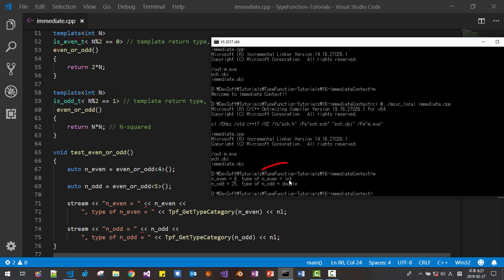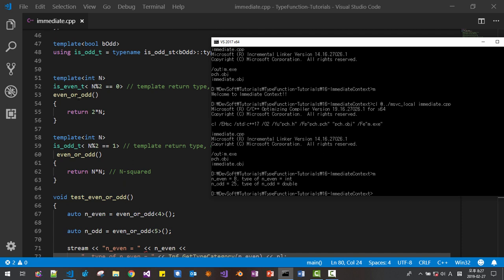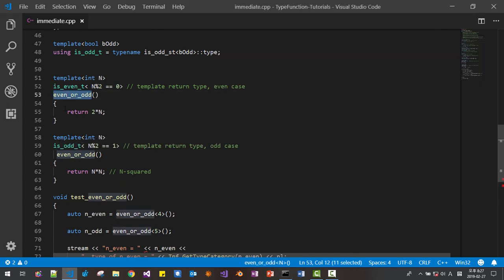It returns type int. In this case, when we passed odd, 5 squared is 25, the type is double. We effectively overloaded two functions with different return types with the same parameter count.